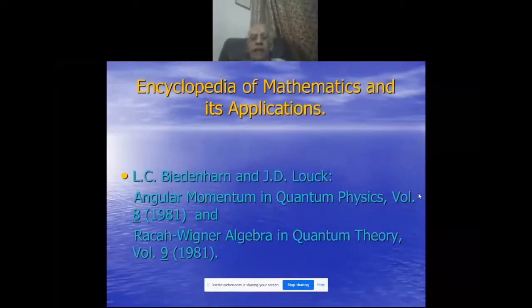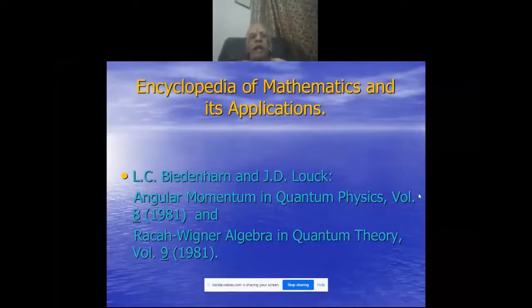Two volumes of the Encyclopedia of Mathematics and its Applications were devoted to angular momentum in quantum physics. Volume 8 is Angular Momentum in Quantum Physics, and volume 9 is Racah-Wigner Algebra in Quantum Theory. Both appeared in 1981. And I'm glad to tell you that in an appendix to Racah-Wigner Algebra in Quantum Theory in 1981, a whole